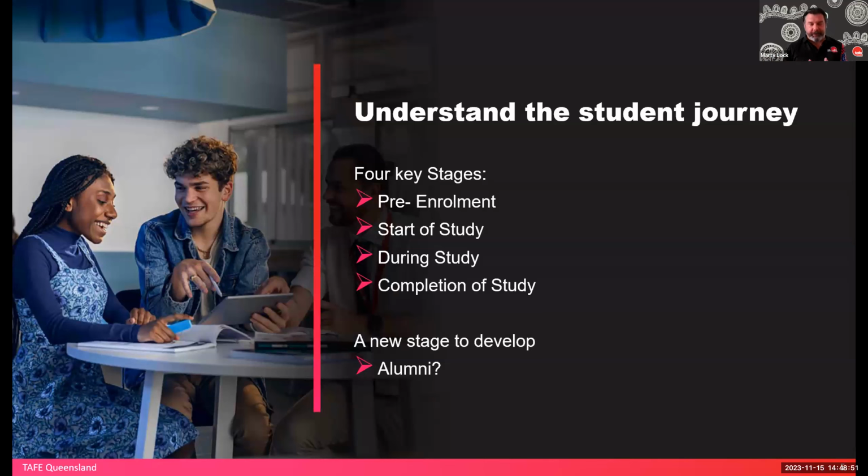Then we want to build them towards the completion of their studies. This is the finale, the end result. But actually it's not. The next stage that we've learned to develop is the alumni. And we see this quite strong with the US fraternities and the alumni framework over there in America. Now, not to say that we're going to replicate that here in Australia, and I know that in the university sector, they do a great job in that space and it's growing. For TAFE, it's a bit difficult because our students aren't with us for that long in terms of our duration of study. And so therefore, it's a short, sharp, impactful experience, but you want them to be connected,